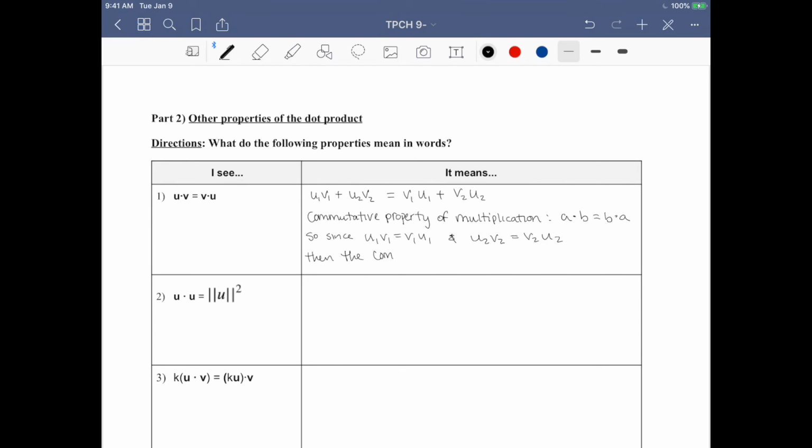the commutative property of multiplication applies to the dot product of two vectors. I know this is really fancy, and it's because I've studied this before and put some stuff together,